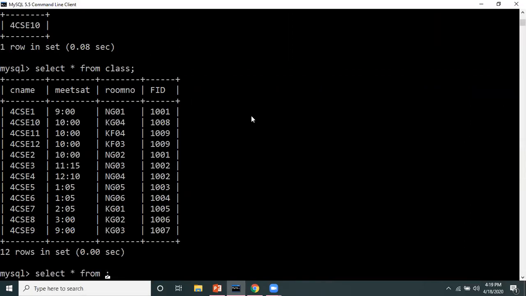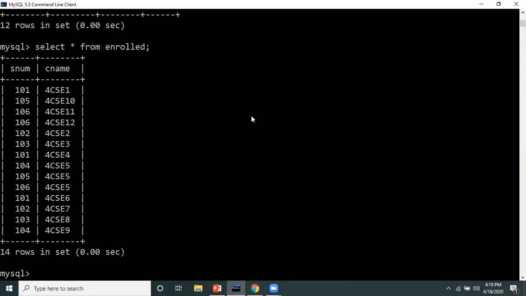If we check the data of enrolled table, it will group all these, because see 4 CSC5, 4 CSC5, 4 CSC5, it's coming thrice. So all this will come together. But only 3 students are there in 4 CSC5, and one is here also. Then 4 CSC6, only one student is there. 4 CSC7, only one student.